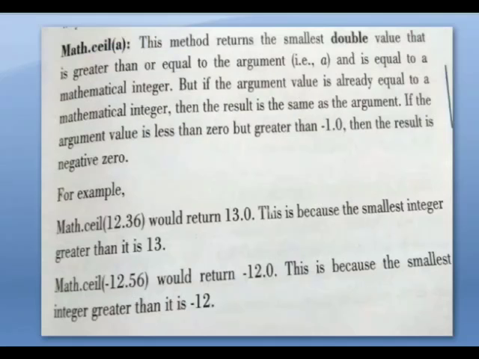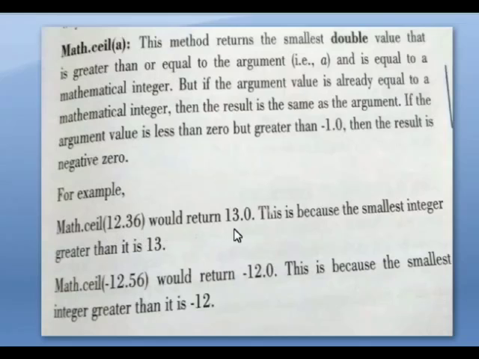Math.ceil. Okay, Math.ceil means this method returns the smallest double value that is greater than or equal to the argument and is equal to a mathematical integer. But if the argument is already equal to a mathematical integer, then the result is the same as that of the argument. If the argument value is less than 0 but greater than minus 1.0, then the result is negative 0. For example, Math.ceil of 12.36 will return the value as